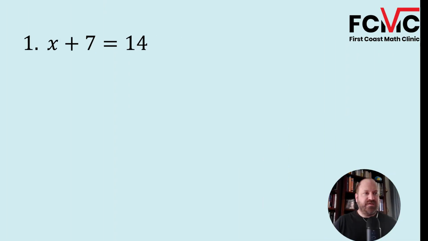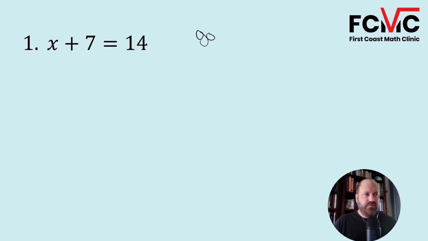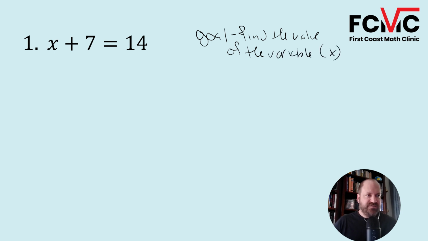So our first example is x plus 7 equals 14, and our goal is to find the value of the variable. And our variable in this case is x. That's our unknown, right? So how are we going to do that? Well, our first step is we want to isolate the variable